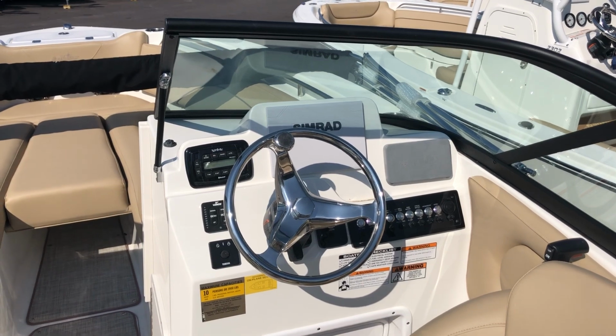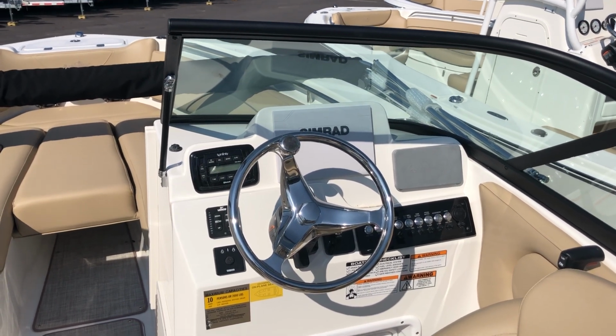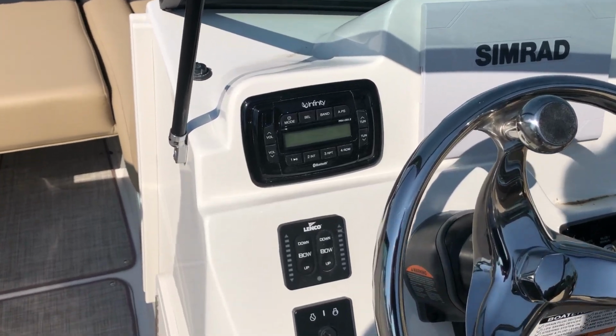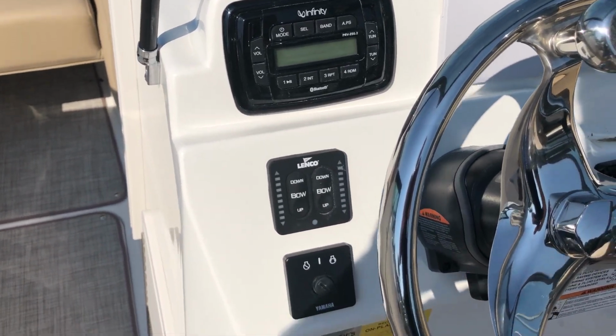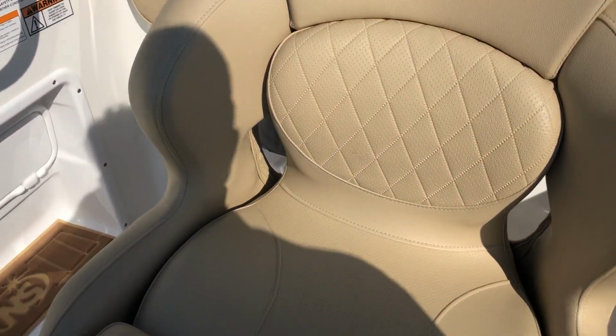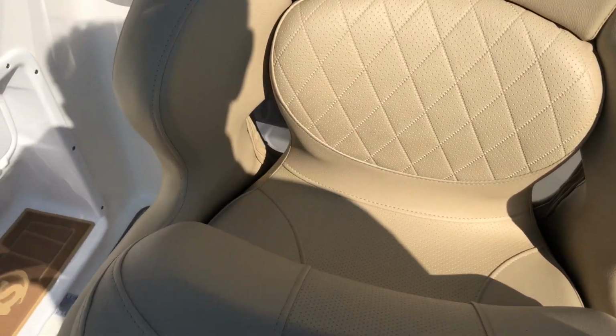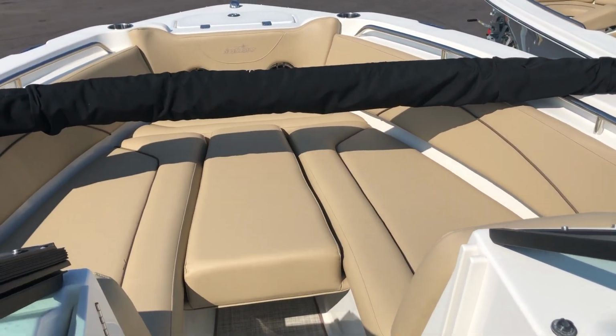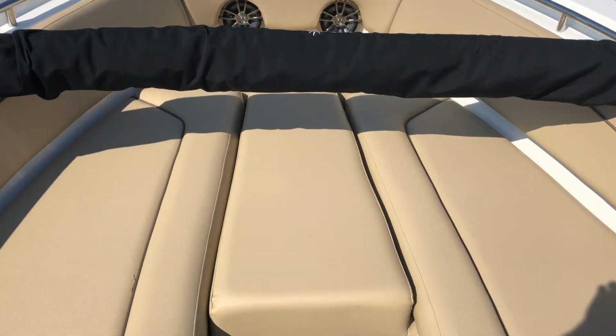This one's equipped with a Simrad 9-inch GPS fish finder, stainless steel rocker switches, Infinity stereo, trim tabs with trim tab indicators, bolster seats, the bow filler cushion up front, bimini top,